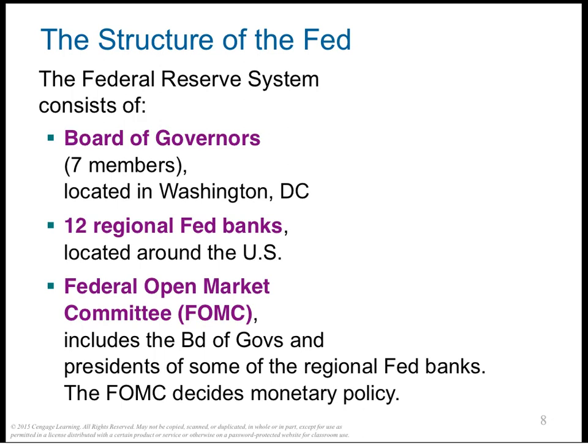Conversely, if the FOMC decides to decrease the money supply, the Fed sells government bonds from its portfolio to the public in the nation's bond markets. After the sale, the dollars the Fed receives for the bonds are out of the hands of the public. So, an open market sale of bonds by the Fed decreases the money supply. Let me clarify this point because it's very important to understand how the Fed controls the money supply.